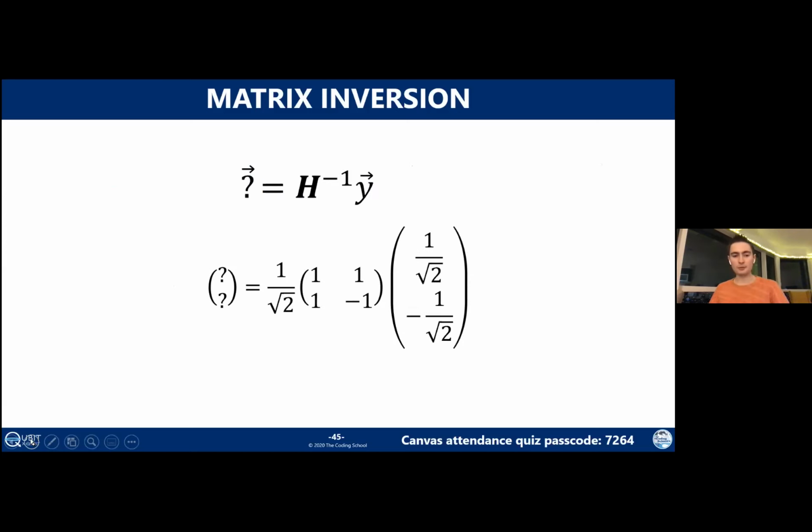So just to do a recap of what matrix inversion was even for, we started with a problem where we knew what the output was, but we wanted to find the input. And so the way we solved for that was to do matrix multiplication with this thing called the inverse. So we plug in the inverse as a matrix, we plug in what our output should be, and then we can go ahead and solve for the question mark, which in this case is just 0, 1.